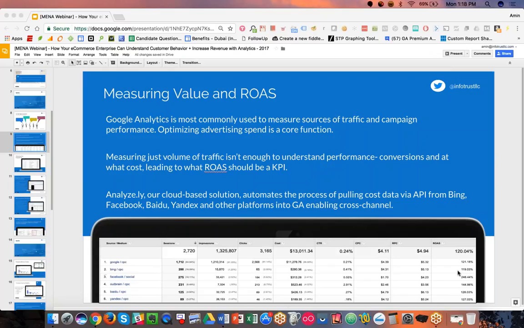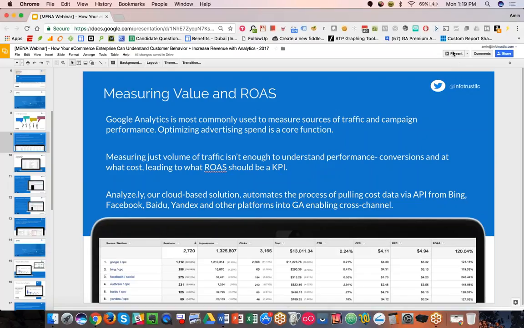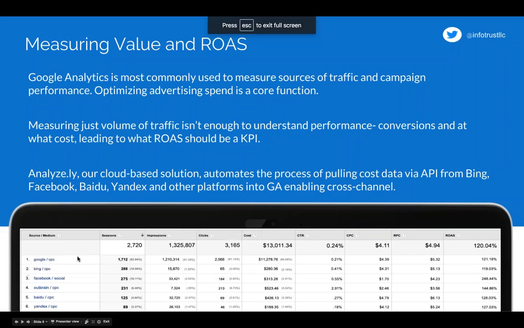Again, maybe that's a strategy just to get awareness, build your brand, get out there. Lots of competition in your industry, what have you. But if you're focused on performance and focused on really driving the bottom line, having a positive ROAS is key here. One example, I know it might be a little small, so maybe I can make this full screen, just to show with the screenshot that I have.